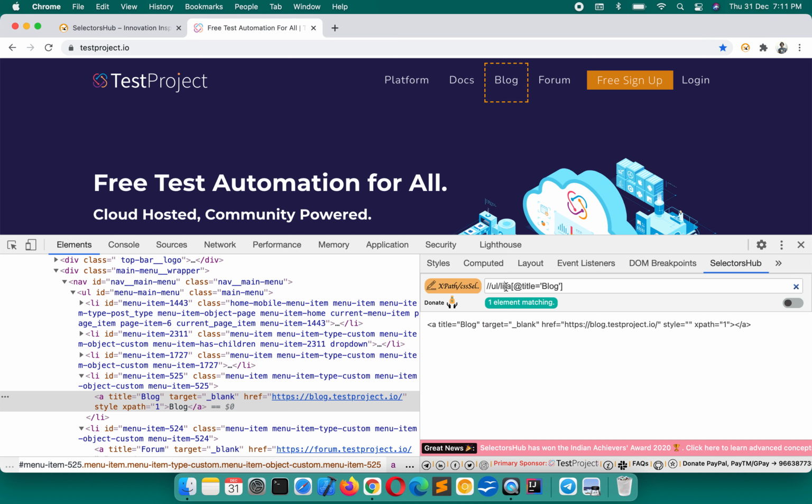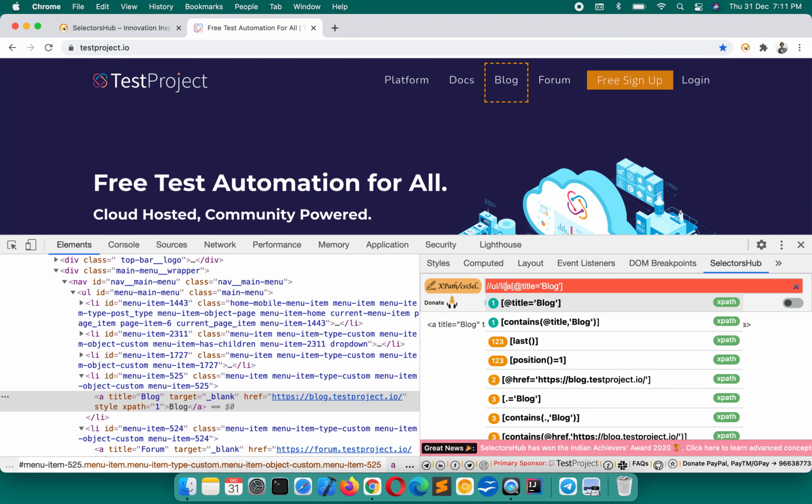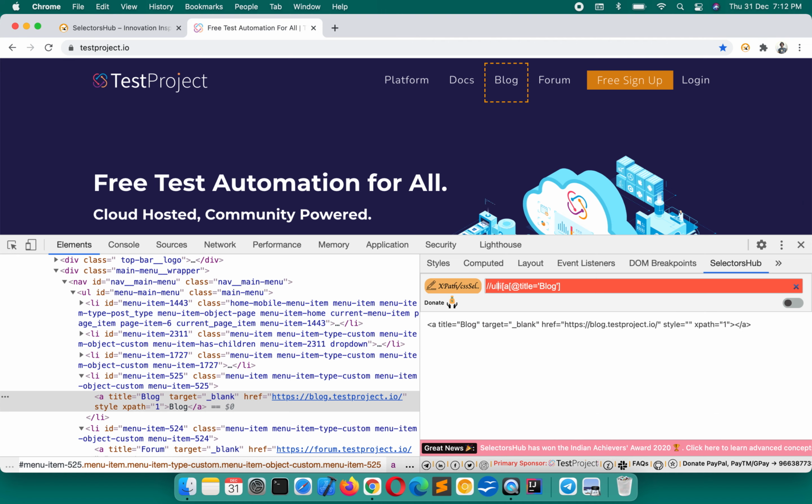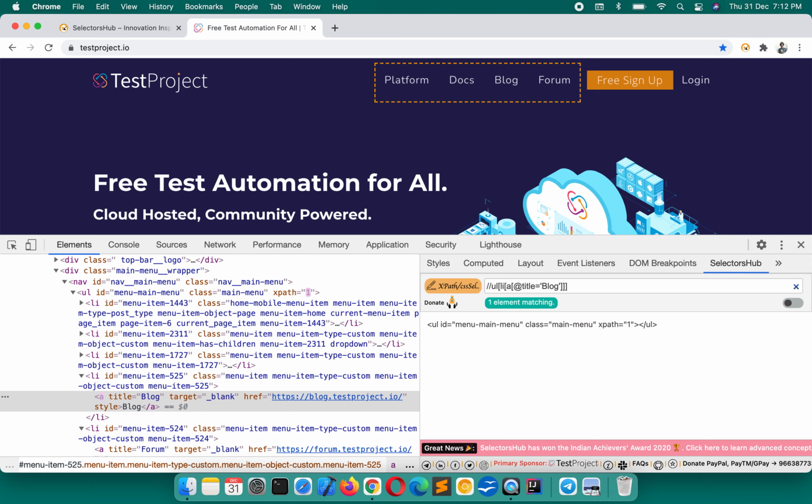Here we have to traverse back, because we need the XPath for this parent. To traverse back, replace each single forward slash with a square bracket and close all of them. This is how we have written the XPath for the common parent of both elements, by traversing back from the child element.